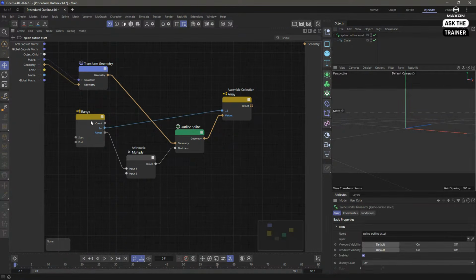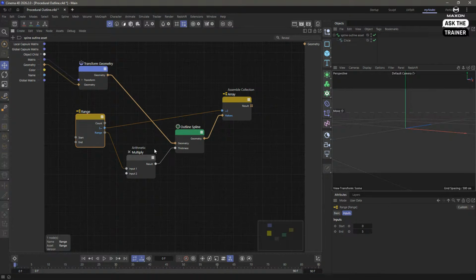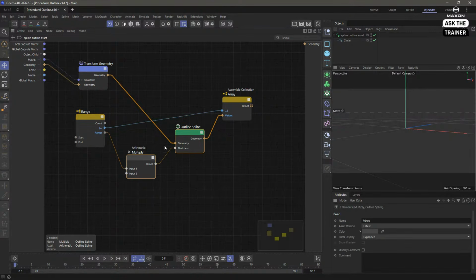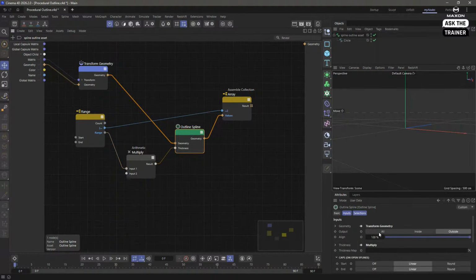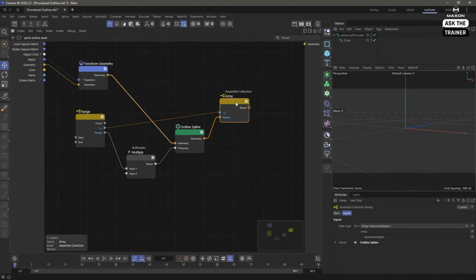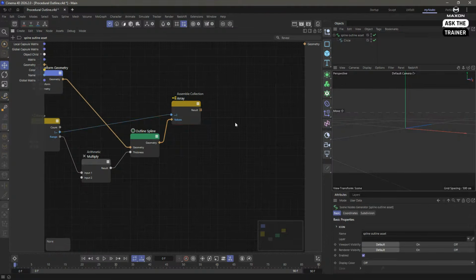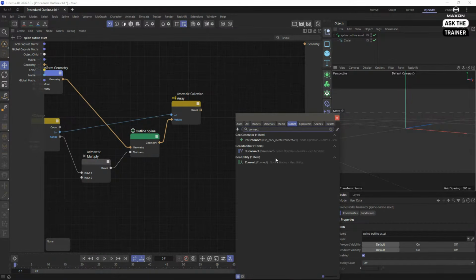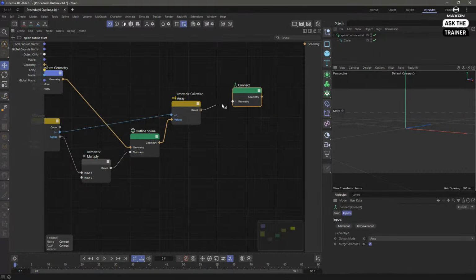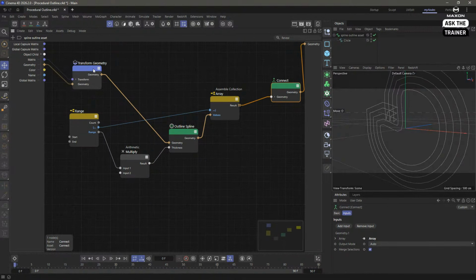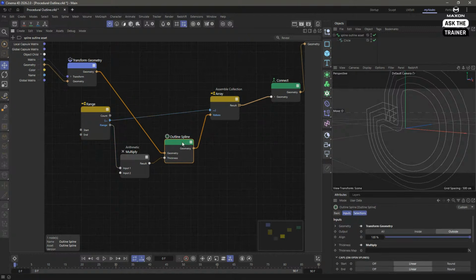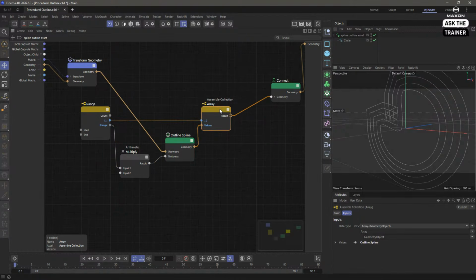So what this is doing, it says go 5 times and do whatever I'm telling you to do, which is these two things. We get the geometry, we change the thickness, we only use the outside, and we add it to this array of splines. And then what I can do is use my connect object, just throw this array here and throw this over here. And this is the correct way of doing it. And while the other one in most cases is going to work for you, the fact that here we have a, let's say, a closed scope